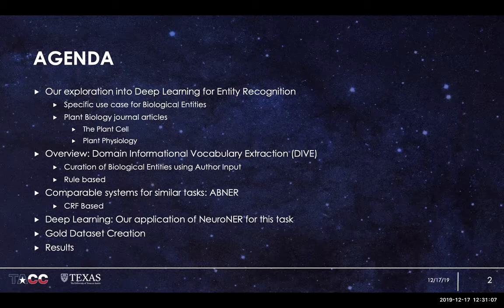The specific use case is for biological entities, more specifically entity recognition from plant biology journal articles, and specifically we work with the two premier journals in the field of plant biology: the Plant Cell and Plant Physiology. To that end, at TACC we developed a tool called Domain Informational Vocabulary Extraction, for the extraction and curation of biological entities using